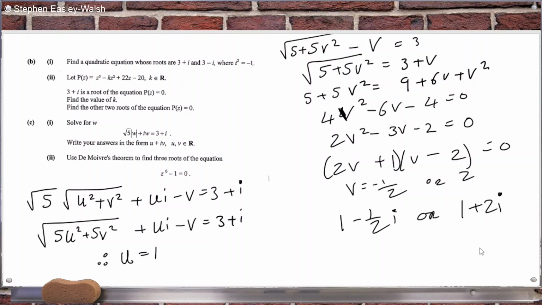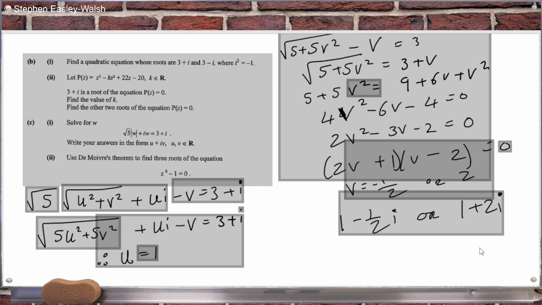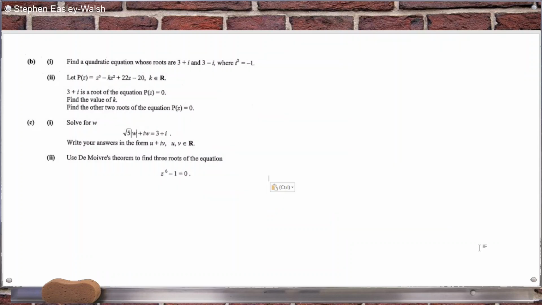Okay. Lastly, now use de Moivre's theorem to find the three roots of the equation. Interesting. It only wants three roots when there's 6 roots. So we have z to the power 6 equals 1. z to the power 6 equals, and 1 can be written as